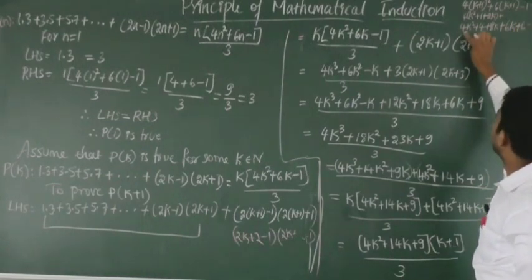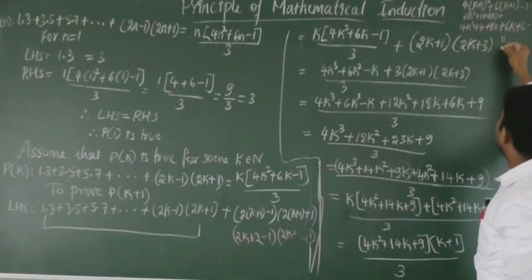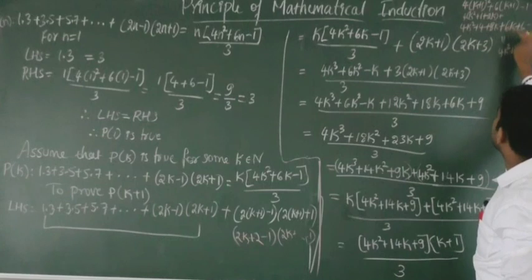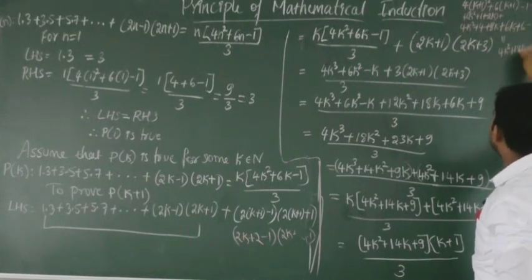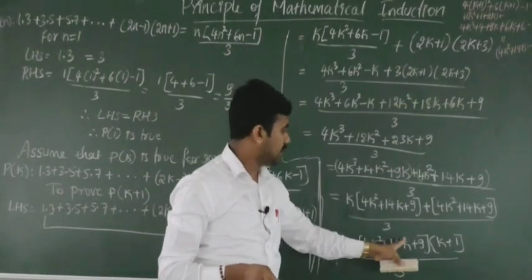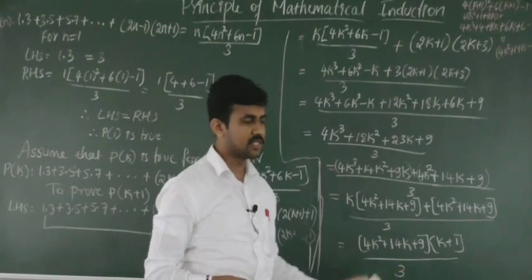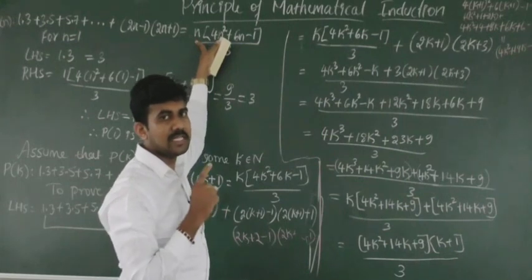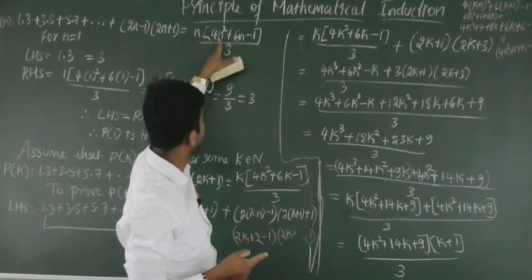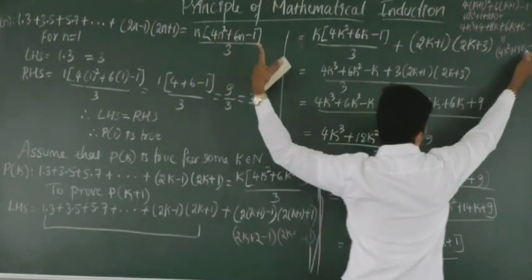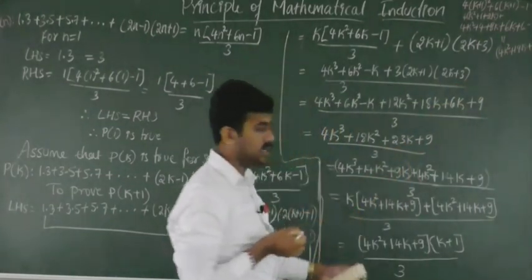So what do we get, see, 4k square I write here, 4k square plus 8k plus 6k, 14k, and 4 plus 6, 10, minus 1, that is 9. Okay, so the terms inside the bracket became 4k square plus 14k plus 9. Okay, same term you have here also, and here outside n you have, n will get what? K plus 1. If you replace n as k plus 1, you will get k plus 1 into 4k square plus 14k plus 9, divided by 3.